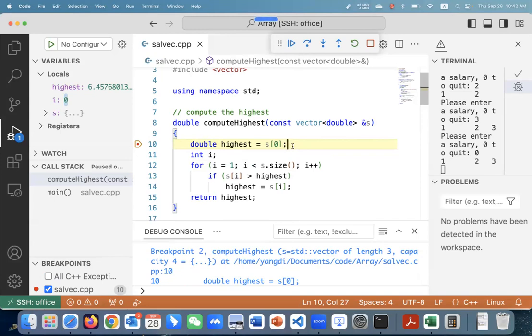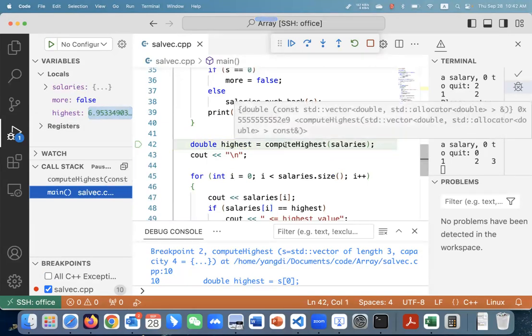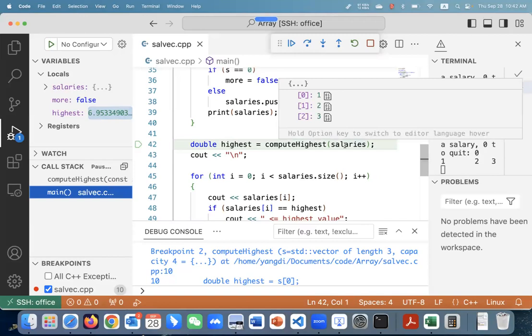This one is just a reference to the initial salaries. So as you can see here, we have S, right? And we say this is the call stack, main function. Main function will call computeHighest in here. It will pass the salaries to computeHighest. So what is salaries? As we can see, it contains 3 items, right? 1, 2, 3, and it will be passed to the computeHighest